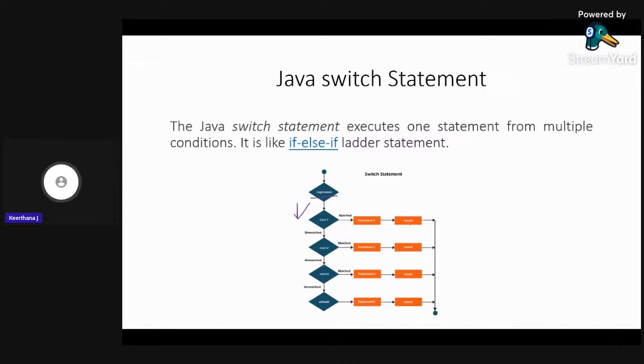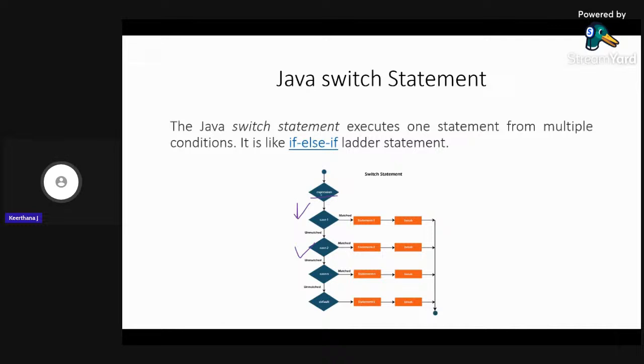Let's see what happens if you don't give any break statement. There will be several cases. If case 1 is not matched, it comes to case 2. It checks if case 2 is matched or not. If it is matched, the corresponding block will be executed. If not, it comes to the next case.